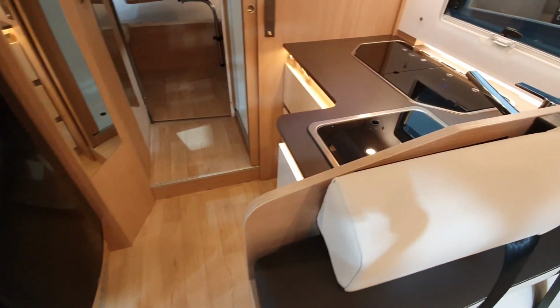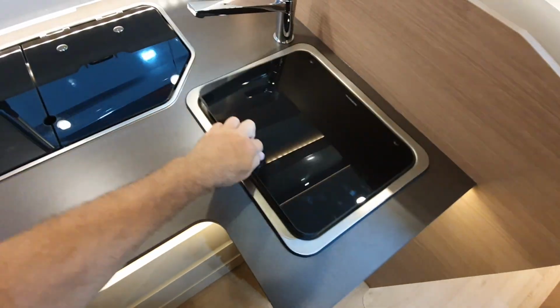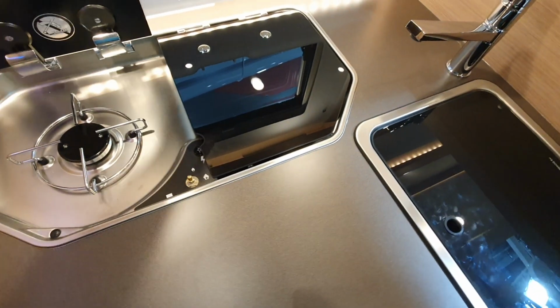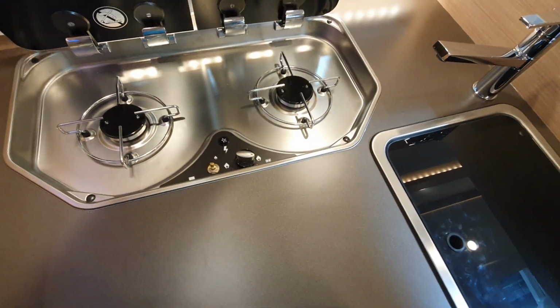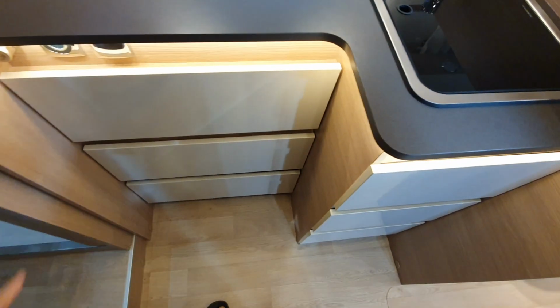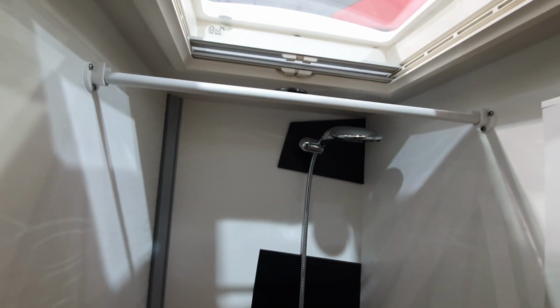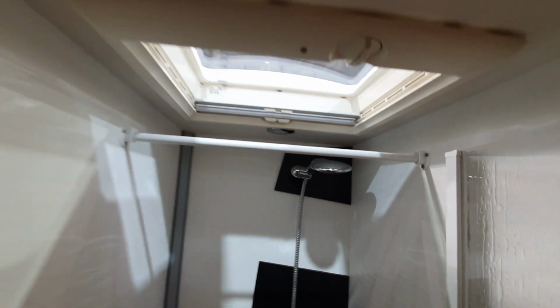Back here we've got the kitchen with a sink and 2 burners, or 3 if you chose to take that option. Under the kitchen we've got more storage, and in here we've got a shower, largish one, with a place to dry your socks on should that be required. Further back here there's a big wardrobe